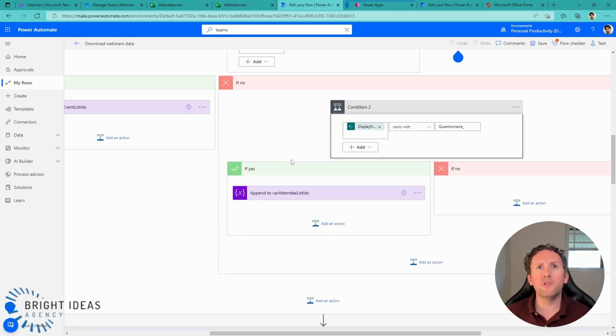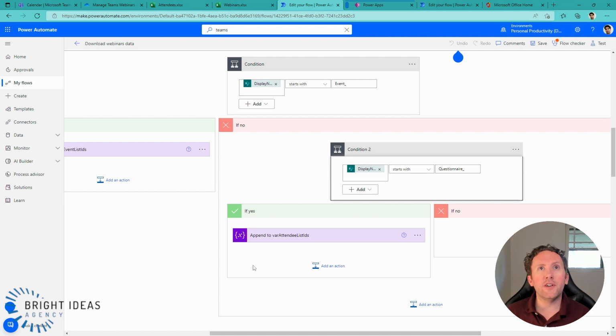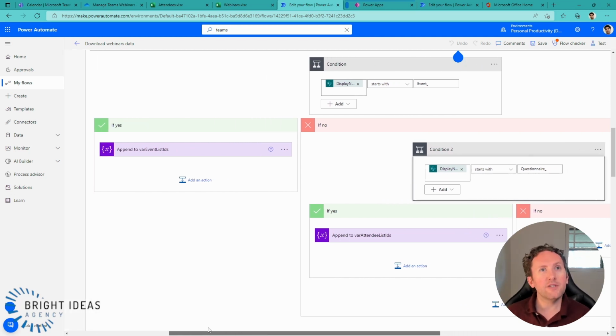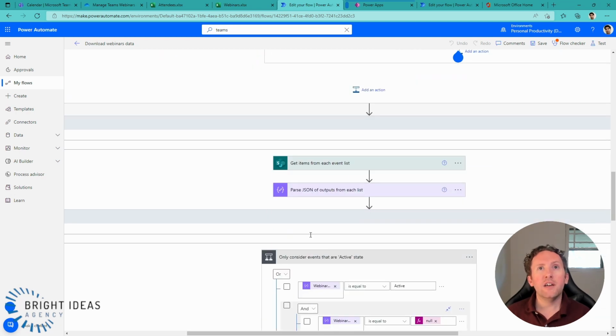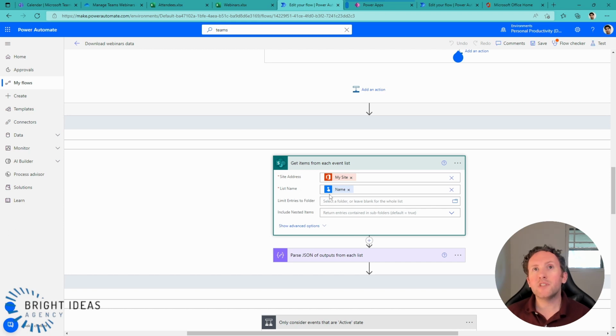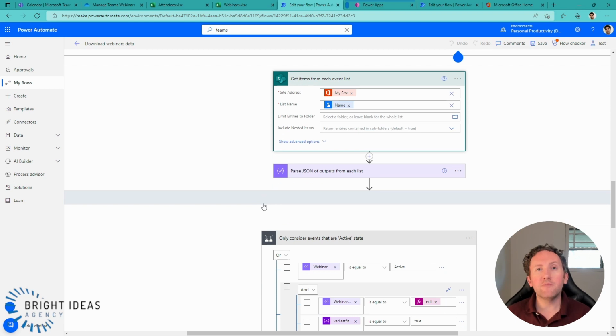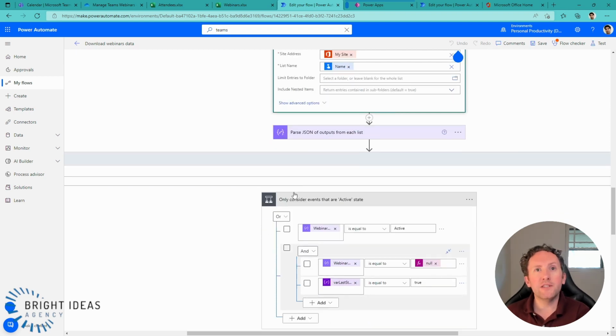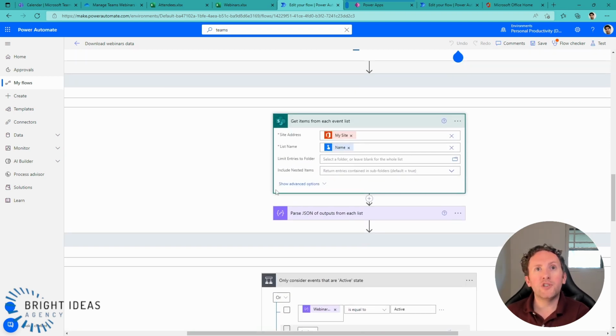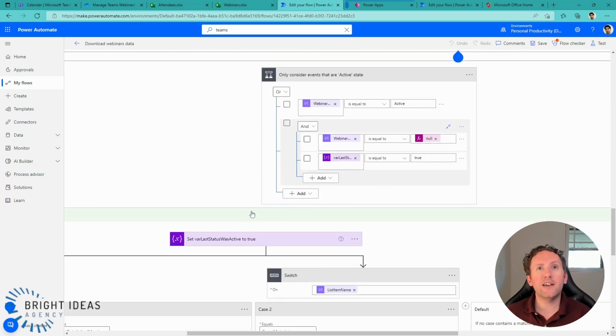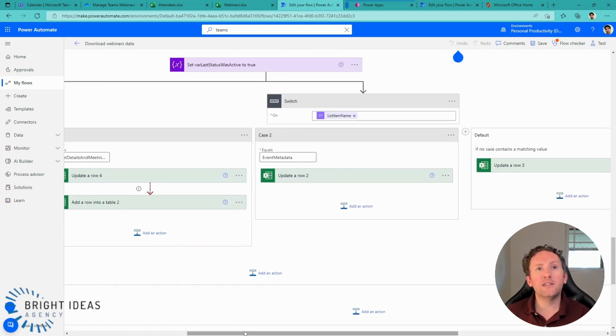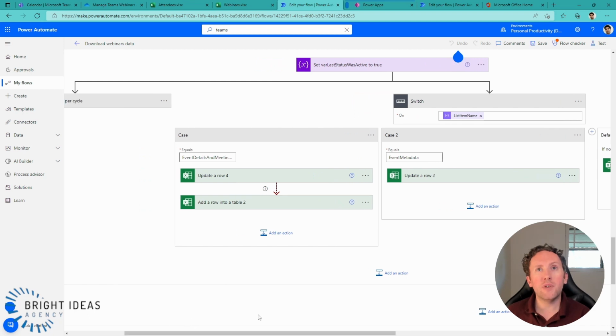So once you've got all of that and you have an array of your pertinent lists, so you know which lists you want to look at, it really is just a simple process to get the items out of each list based on the name of that list or the ID of that list, to get a JSON response out of that, and then to go ahead and, depending on which piece of data you've actually collected,